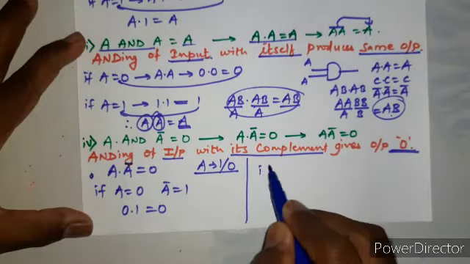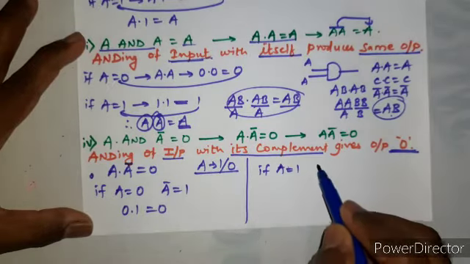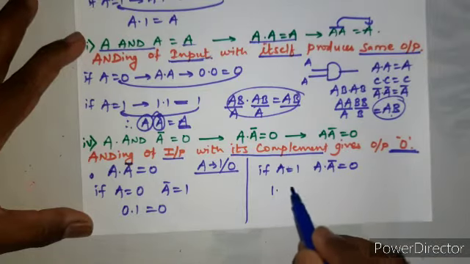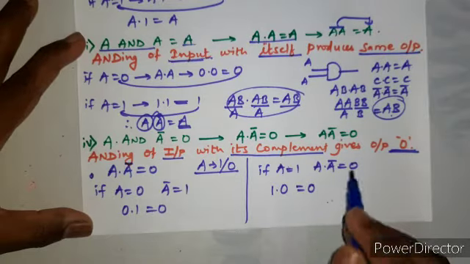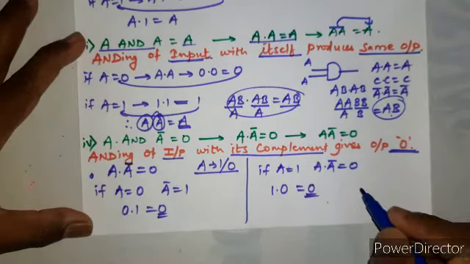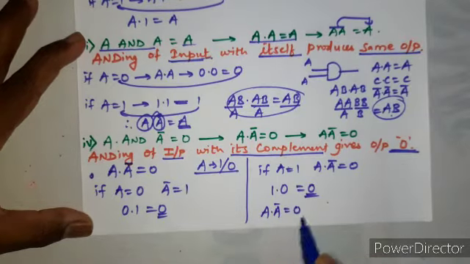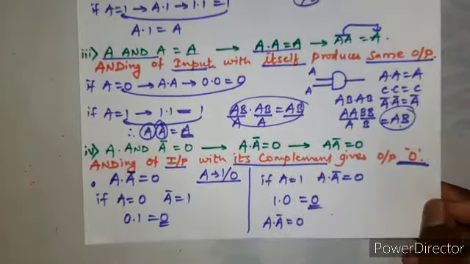Now if A equals 1, we are looking for A dot A bar equal to 0. So this is 1 and 1 bar is 0, so 1 into 0 is 0. So always you will get 0. So you'll remember A into A bar is always 0, right? So these are the ANDing laws